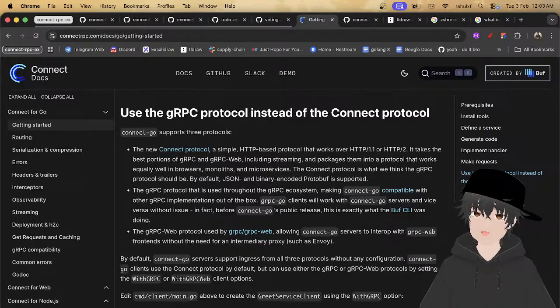By default, Connect Go supports ingress from all protocols without any configuration.